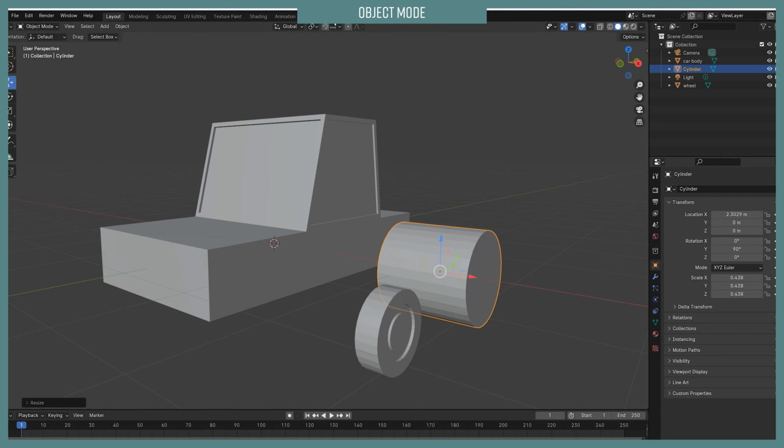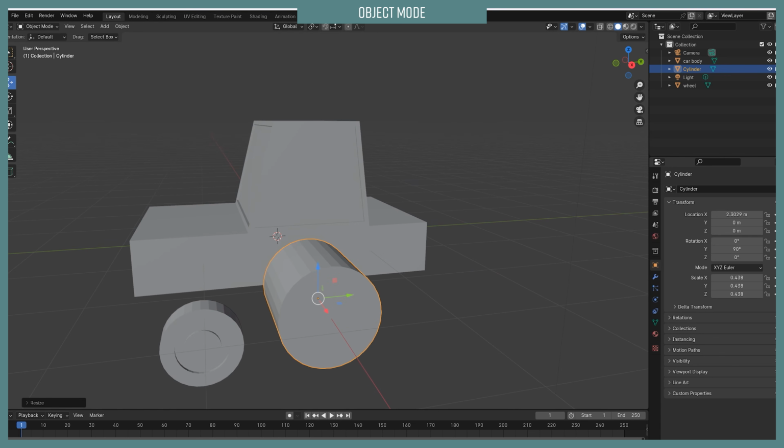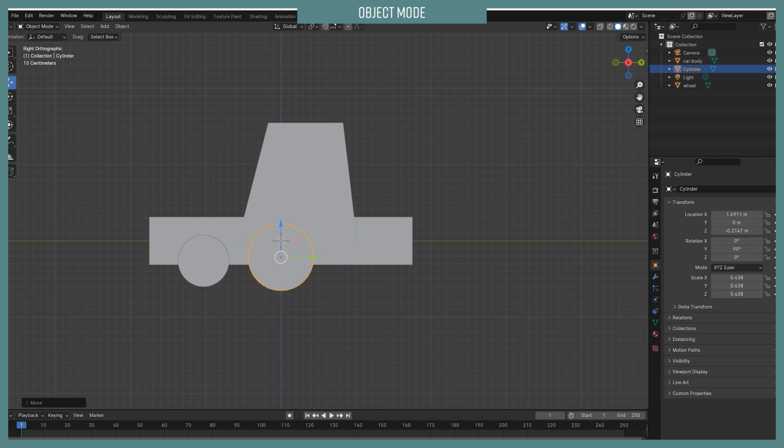rotate it. Now what I want is a side view of this car, so I can actually line up all of these different things. My cylinder and my wheel, I want them to kind of line up a little bit. So I'm gonna go ahead and do that. And now I can see this nice side view, and it's gonna let me move this cylinder over, and I